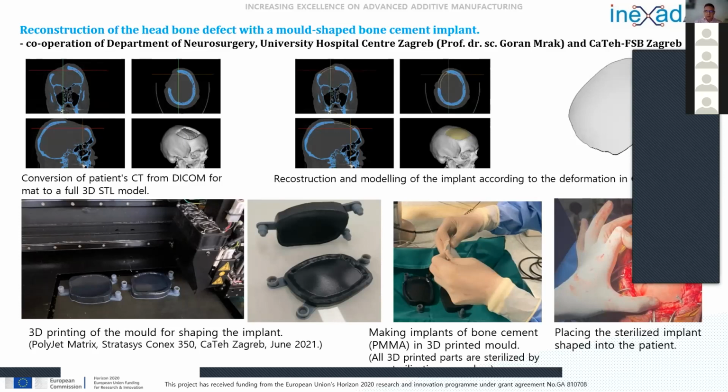You don't have to sterilize a mold. But the answer was that maybe one of the greatest advantages of this material compared, for example, to titanium. You saw today that there are a lot of titanium implants that can be built also into the patient. But one of the biggest advantages of these bone cement implants is that you can apply antibiotics together with this material. So the material will release antibiotic